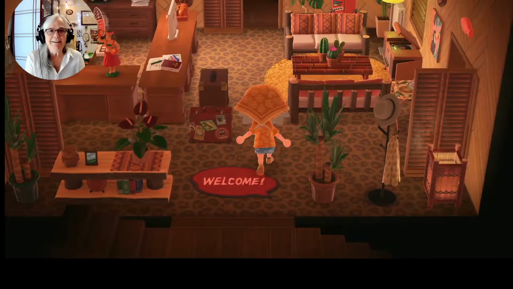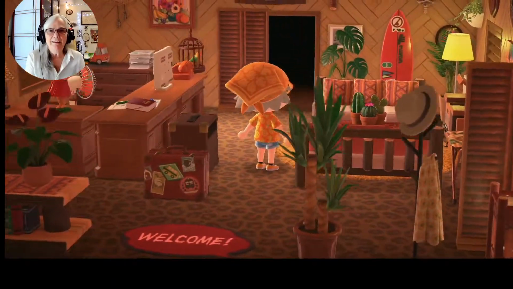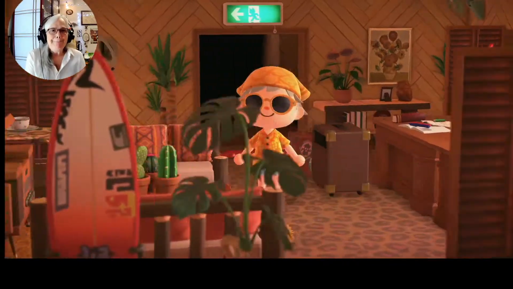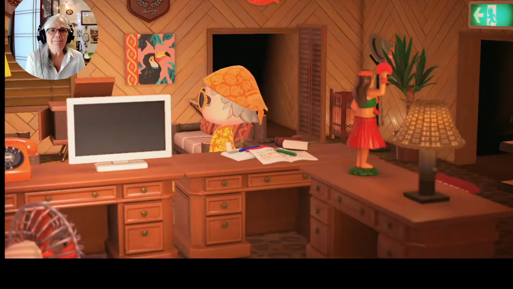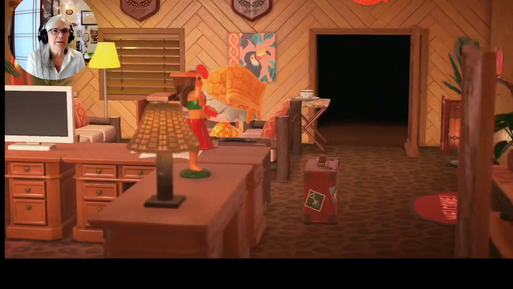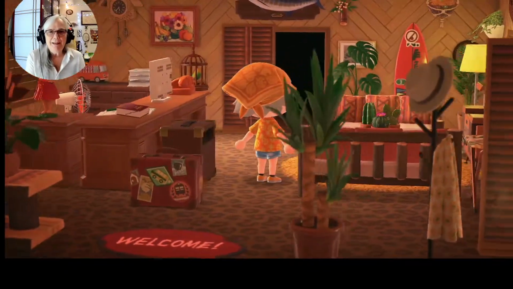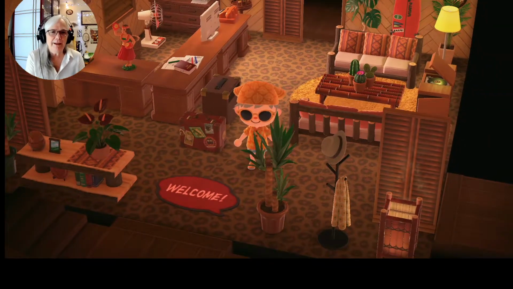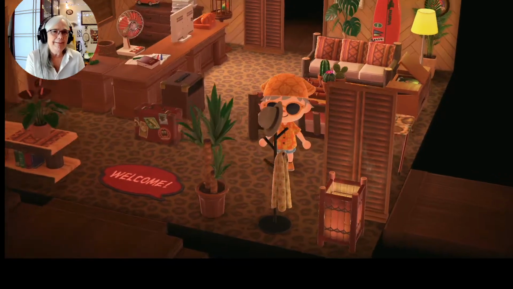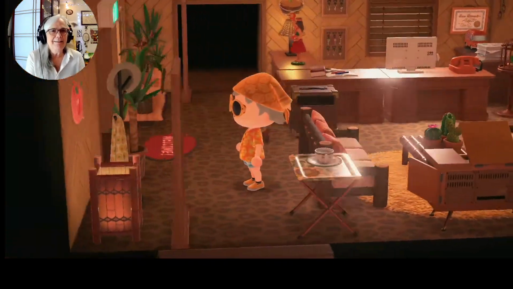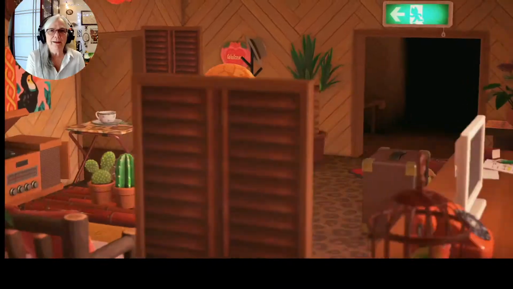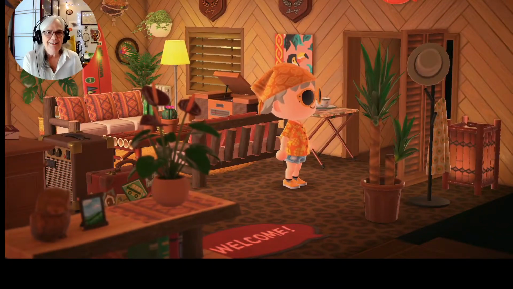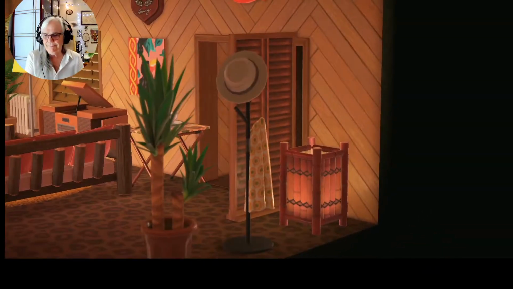Here's the lobby. So you see how they've mounted a lot of fish. I love how they've used panels to look like louvered doors. And they've used a bit of musical equipment to look like different kinds of suitcases. And I just love the use of the music. I'm not sure how they do that. I will find out though. Okay, so here's one bedroom.